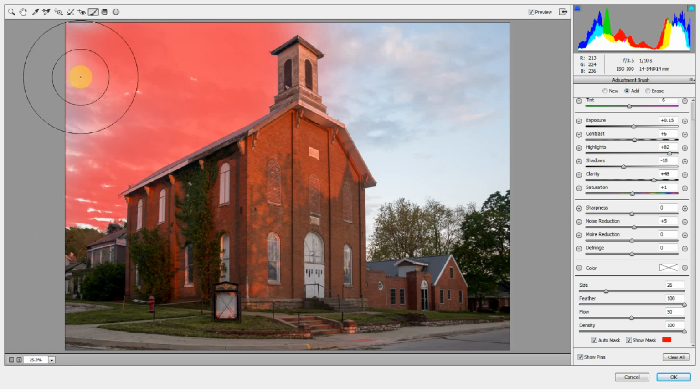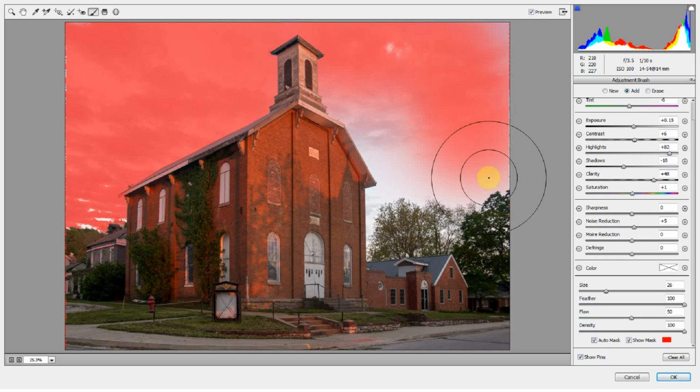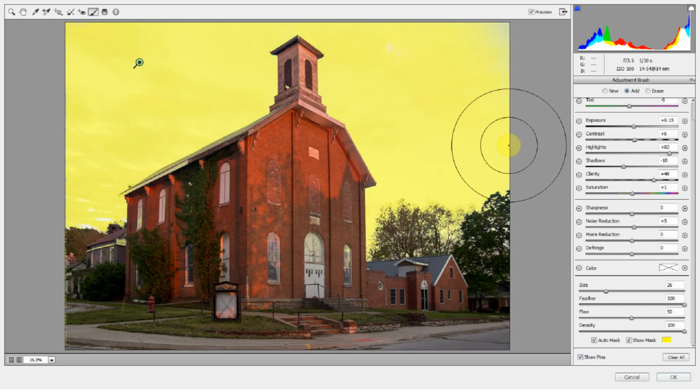And a lot of times with this show mask, it might be difficult to see your mask if there's a lot of that predominant color in your mask color choice with what's going on in the photo. So you see here, there's red in this brick, and there's also red as my brush, and that really makes it difficult to see what I'm selecting in the church. Now, there's a fix for that though. Right down here where it says show mask, next to that mask overlay color, change that to a contrasting color, something like yellow, to see where your mask is affecting. I'll just go ahead and leave it at that.